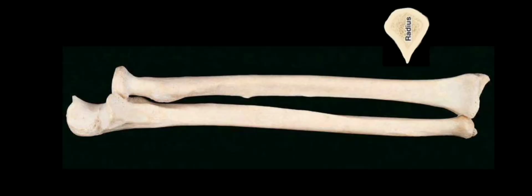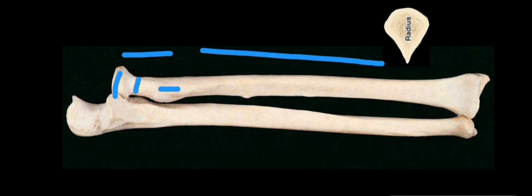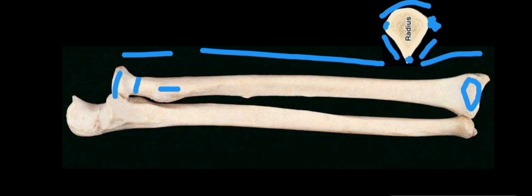Radius has three parts: an upper end which has a head, neck and a tuberosity, an intervening shaft which has three borders: an anterior border, a medial border and a posterior border, and three surfaces: the anterior surface, the posterior surface and a lateral surface. And it has a lower end which is broad and has five surfaces: anterior surface, the medial surface, the lateral surface, an inferior surface, and posteriorly the posterior surface. Coming to the head